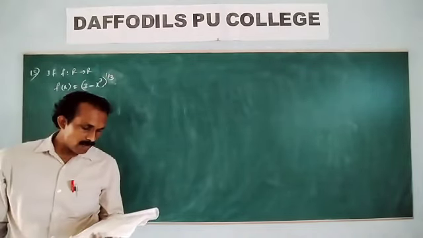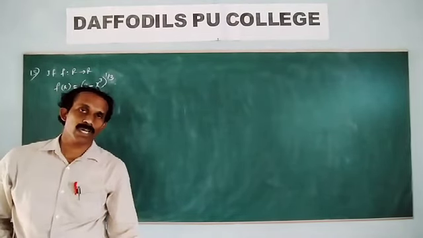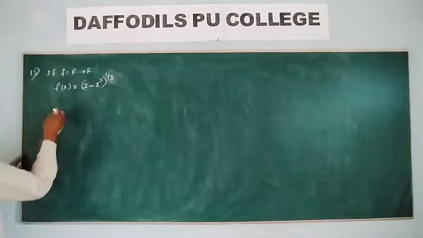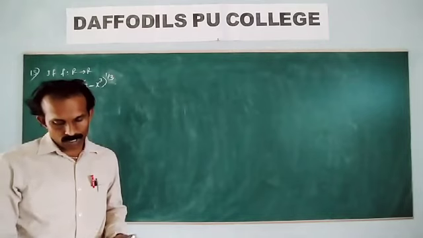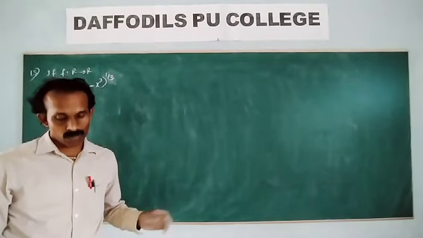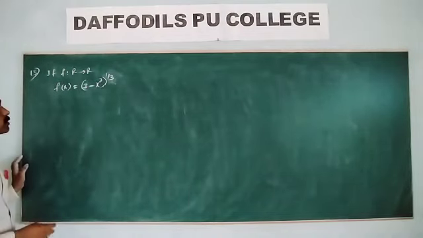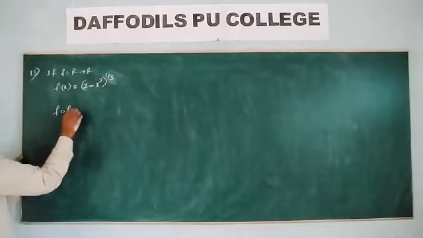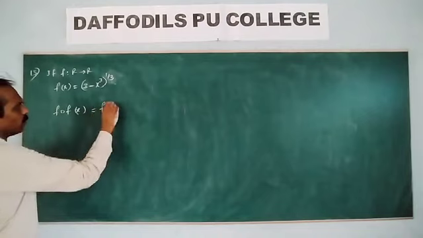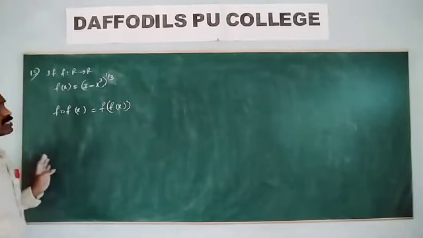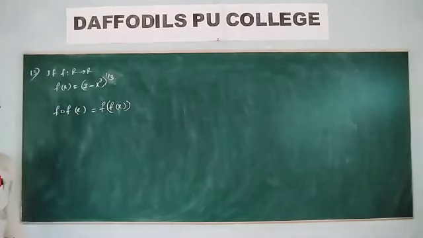Then they ask f circle f of x. That is a multiple choice question. Sometimes they give it in theory problems also; this is important for 2 marks or 1 mark sometimes, or 2 marks multiple choice questions. f circle f of x is defined. Composite: how can we write it? You can write the composite function f of f of x in place of the circle.